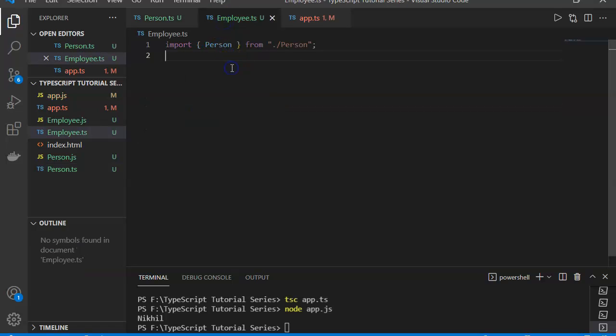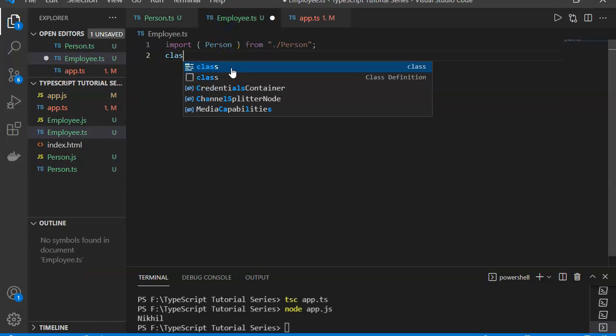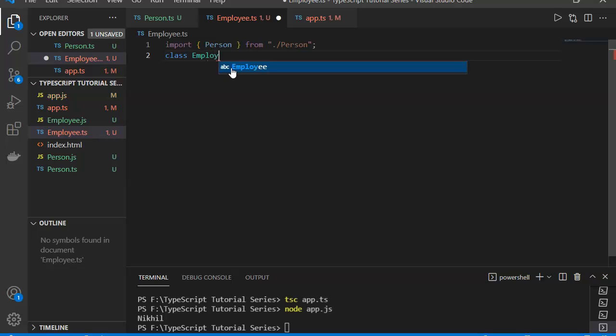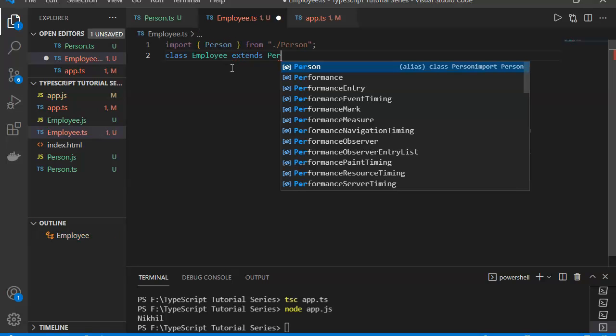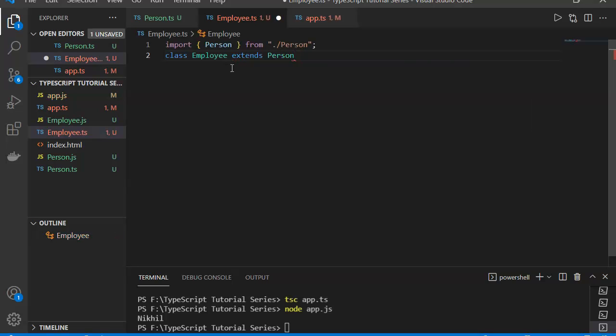Now I will create an Employee class, class Employee, and for inheritance we need to use extends. So extends Person. It will call the Person class, and now we declare some properties for the employee, like the employee code, which will be a number.